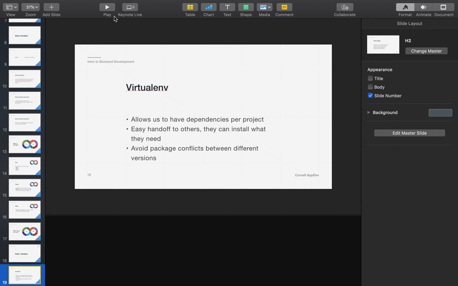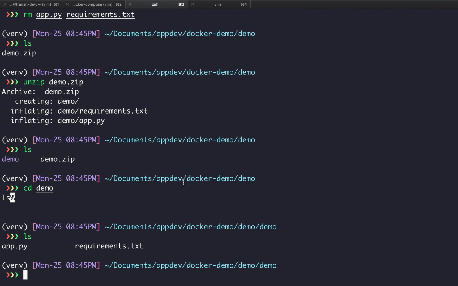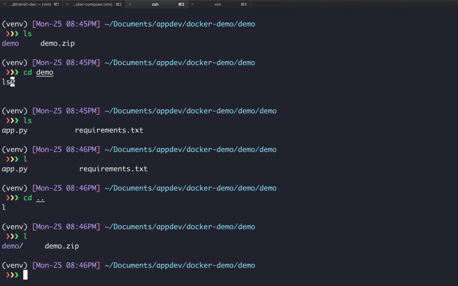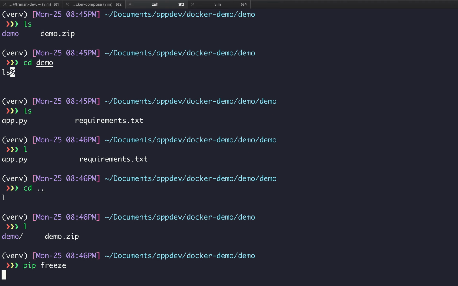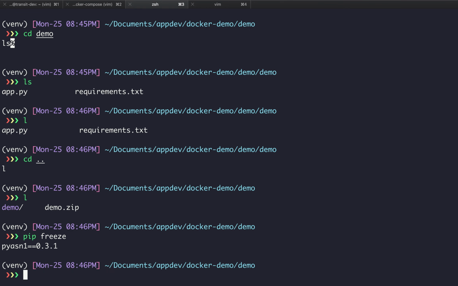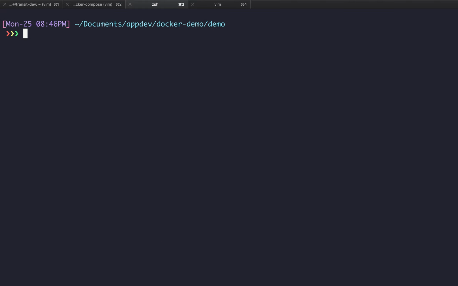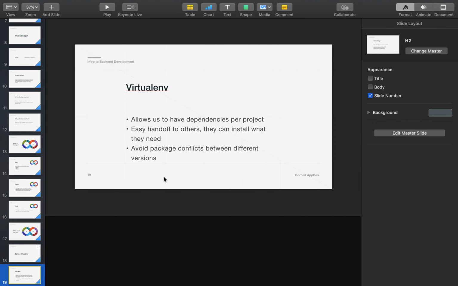Yeah, so some of the benefits of using virtualenv is that if I had a bunch of different apps and they all had different requirements, then it would be a hassle because if I ran pip freeze, I wouldn't know which dependencies corresponded to which application, right? Okay, but if I ran pip freeze and I was still in my virtual environment, it would tell me exactly what requirements I have for that project, and that way when I hand it off to someone else, they can just install the requirements that they need instead of everything.